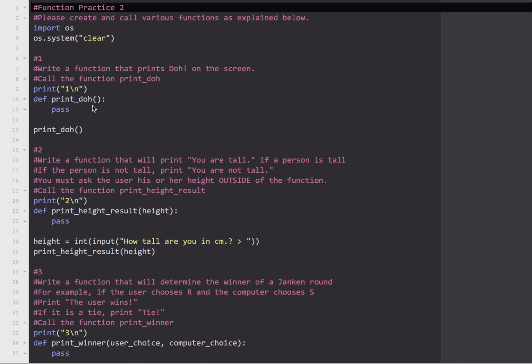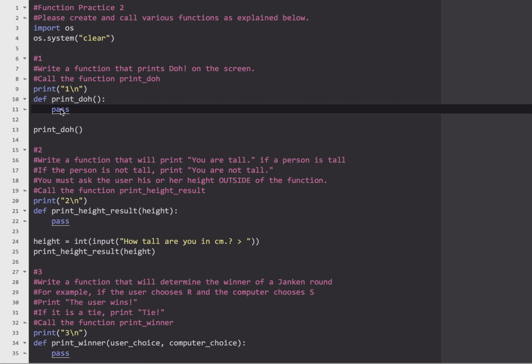Okay, so naturally, I've already created the function here, and I've already called it here. So you don't need to worry about anything else. Your only job is to complete the function. The instructions for this are very, very simple. It says a function that prints dough. So print dough, exclamation point,